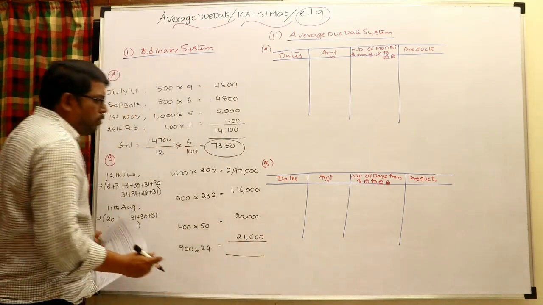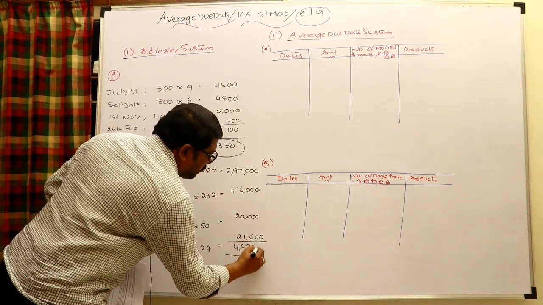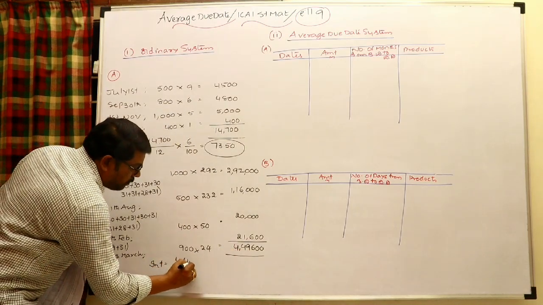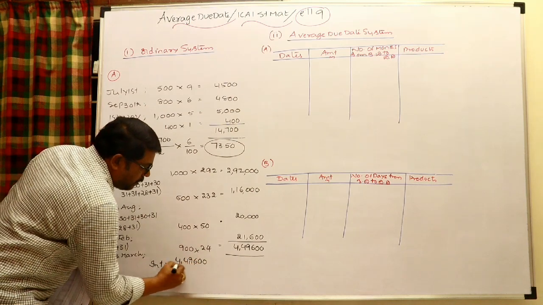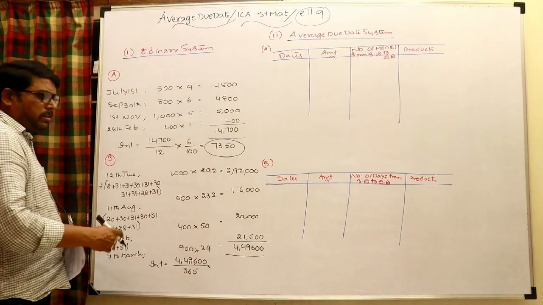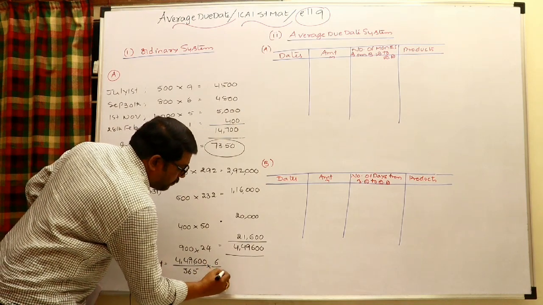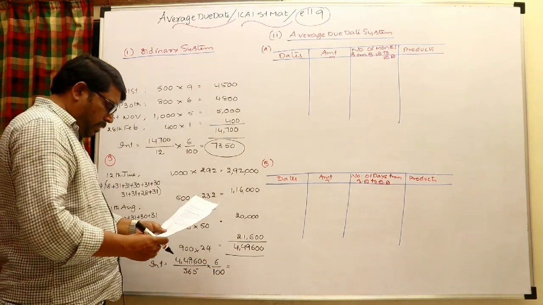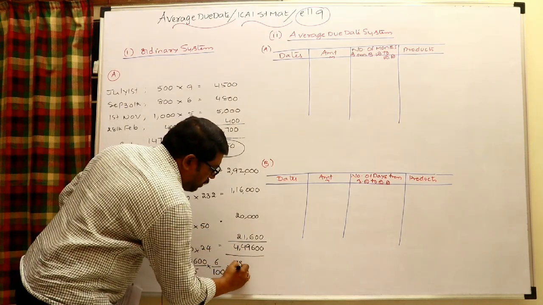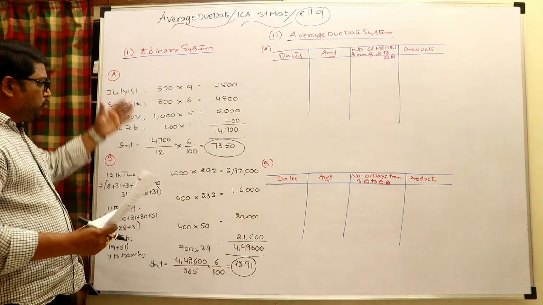Again go for the total of product. The total of product is 4,49,600. Again interest formula, interest is equal to total of product divided by 365. If you multiply with months, 12. If you multiply with the days, 365, into rate by 100, 6 by 100. And therefore here it is 73.9068. You may take 73.91. So this is the ordinary method.